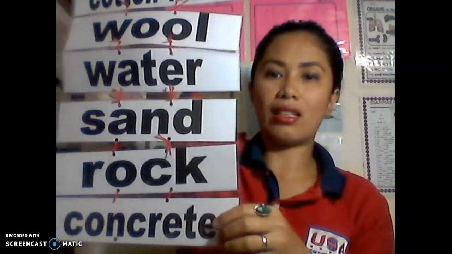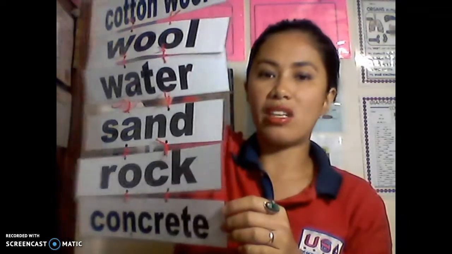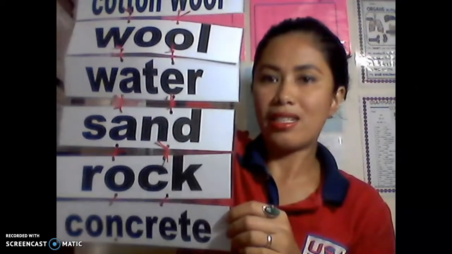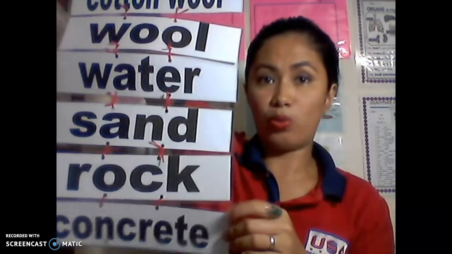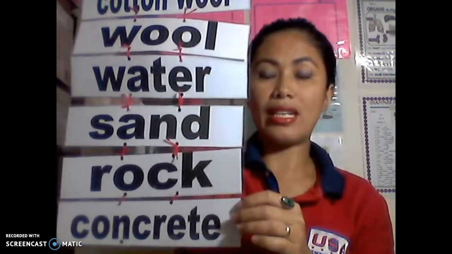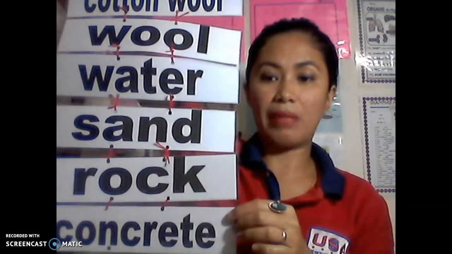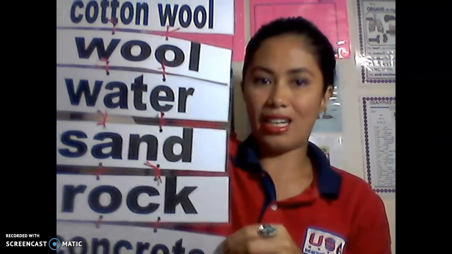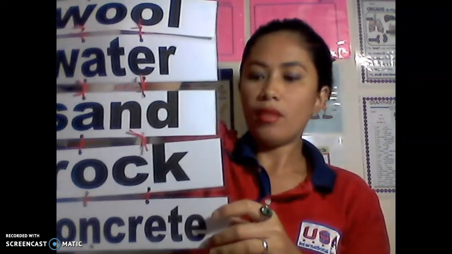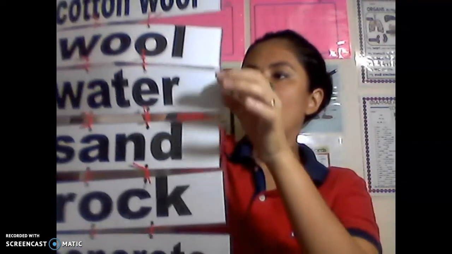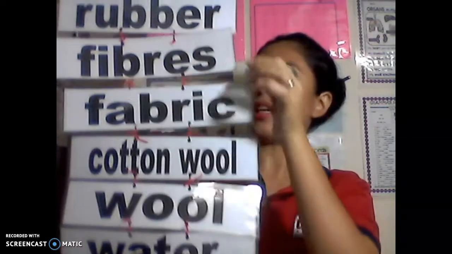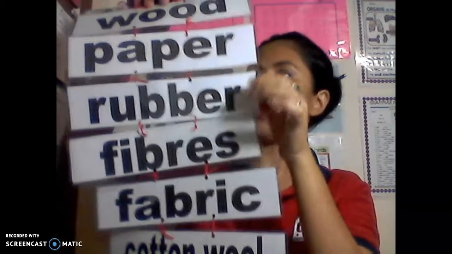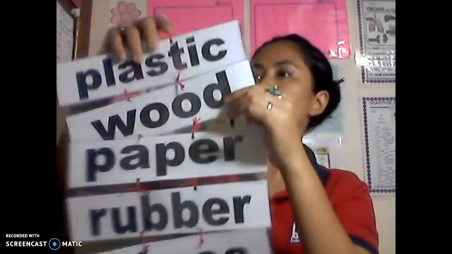And concrete. Concrete is a combination of cement, water, and sand. We use this to make buildings and build walls. Is concrete magnetic or non-magnetic? It is non-magnetic. So again, concrete, rock, sand, water, wool, cotton wool, fabric, fiber, rubber, paper, wood,